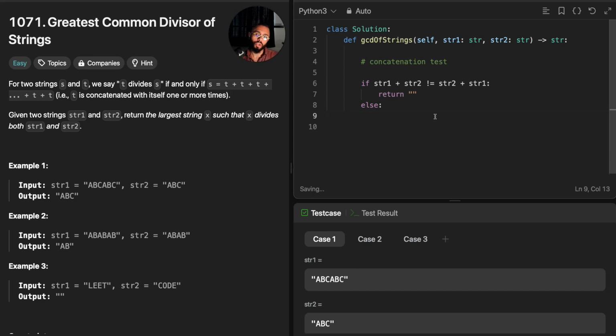Now I'm going to use the concept of greatest common divisors, which is to find the GCD of the lengths of string 1 and string 2. GCD can only be applied to numbers or integers, but I have strings here. So what can I do? I'm using the length of the strings. So I'm going to do GCD length equals